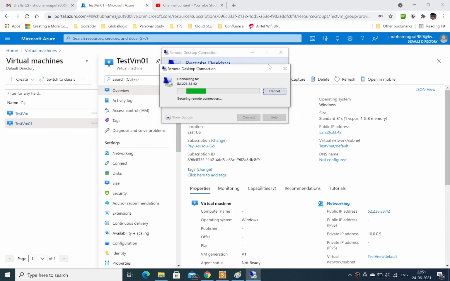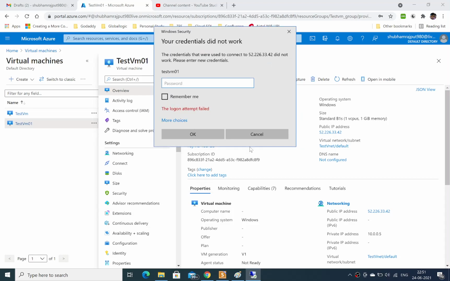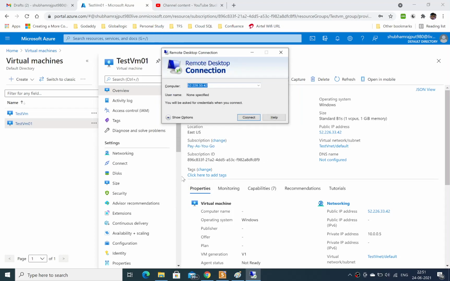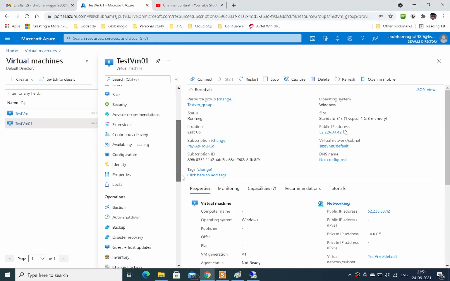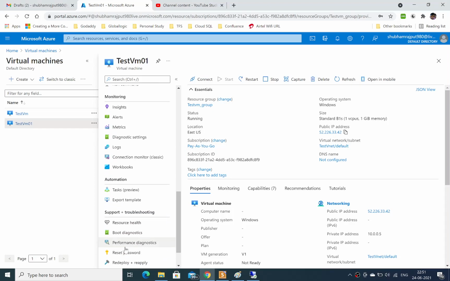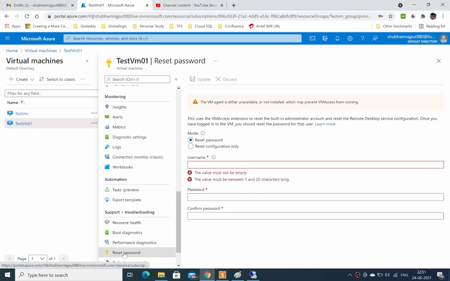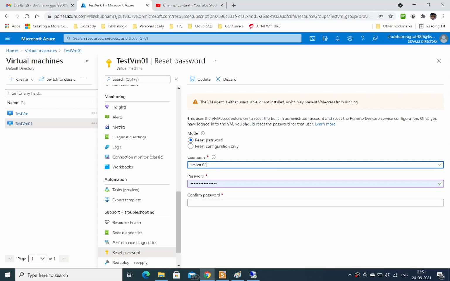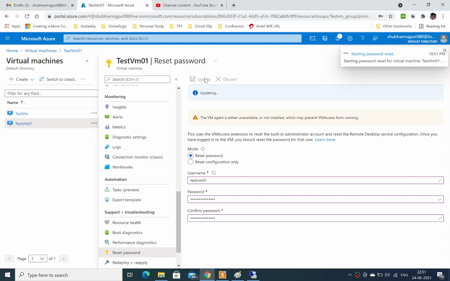In this case you can reset your password. If you forget your password, you can directly come to the reset section. Over here you can reset the password. Provide the username and the password, then update it.